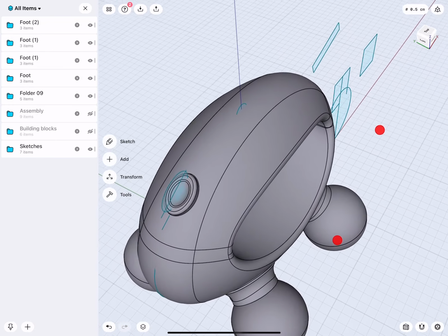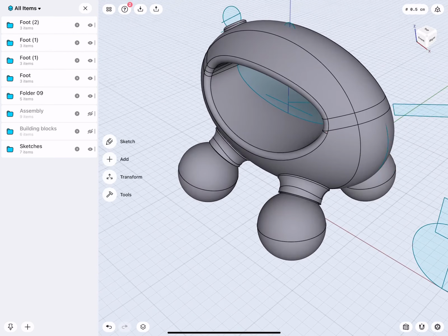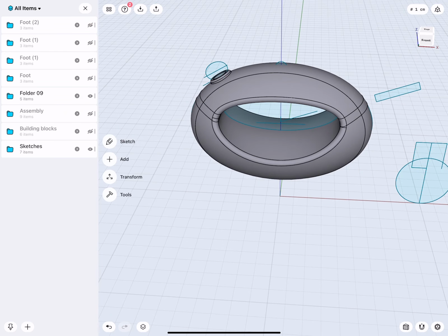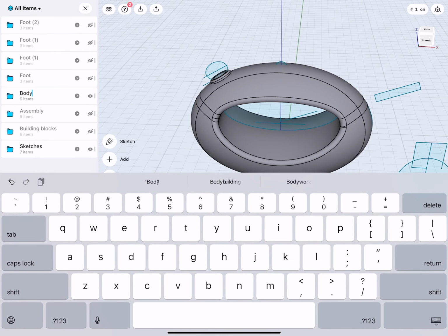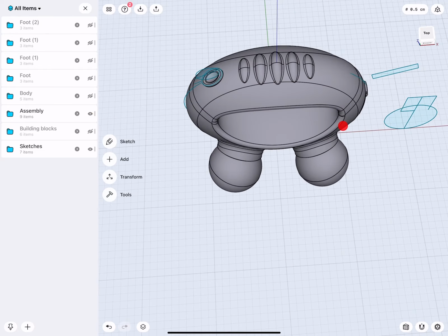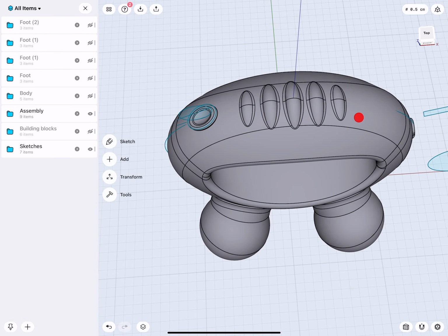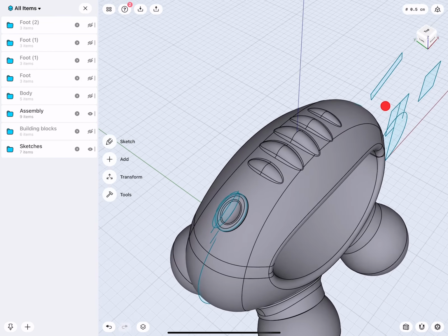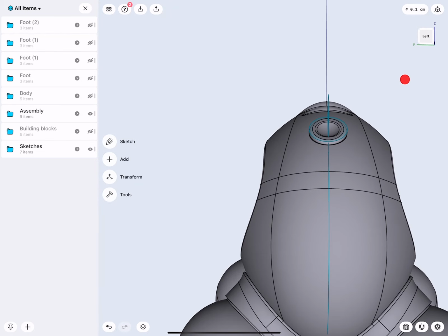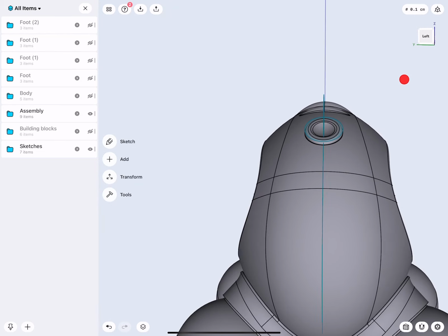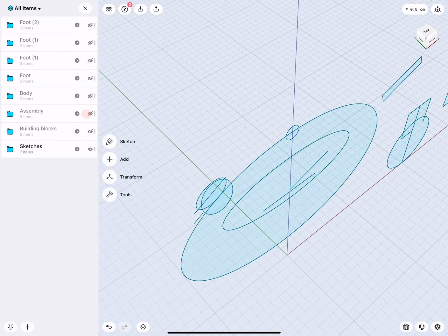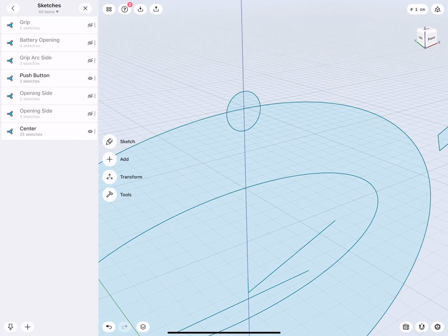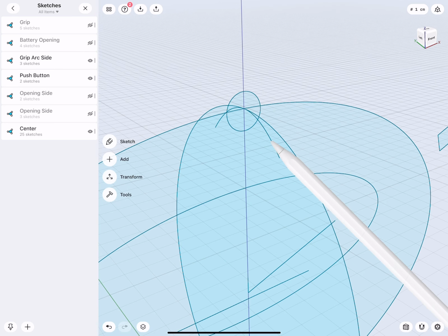Okay, so now left is the grip and the interface. So let me hide these elements. We can call this body. So how can we do those elements? It's actually very simple. This is a circle that is swept along a curve that is actually smaller or sitting inside this body. So there is the profile and the path is here. There you see it.